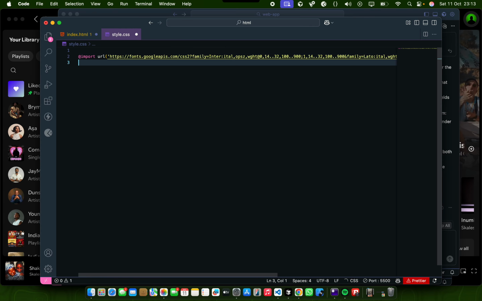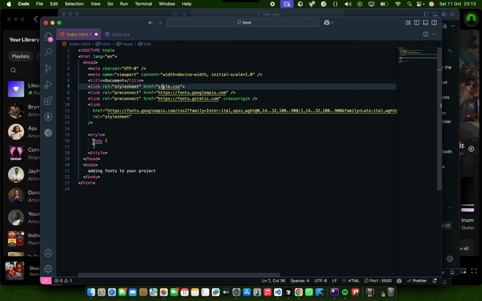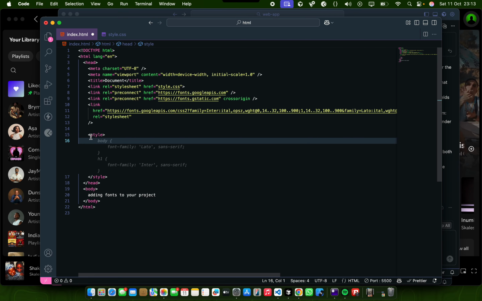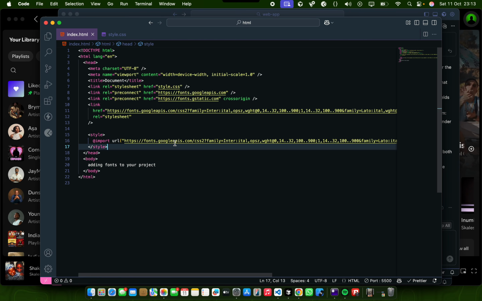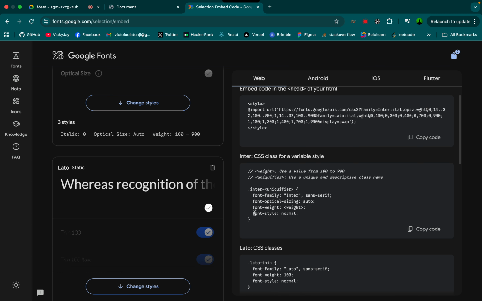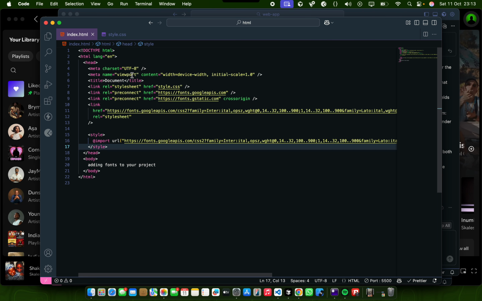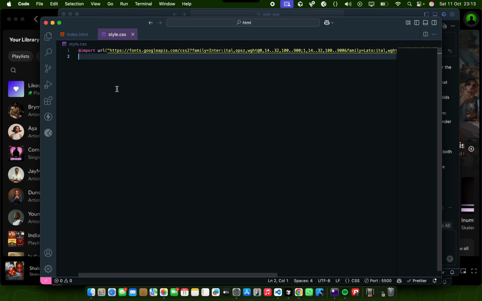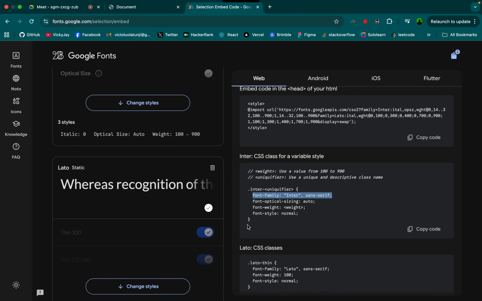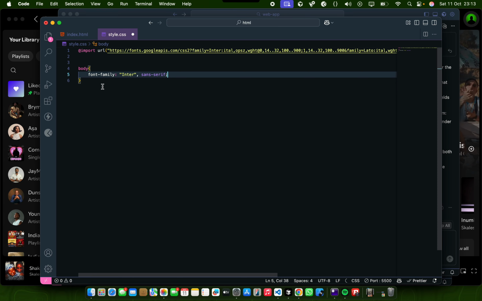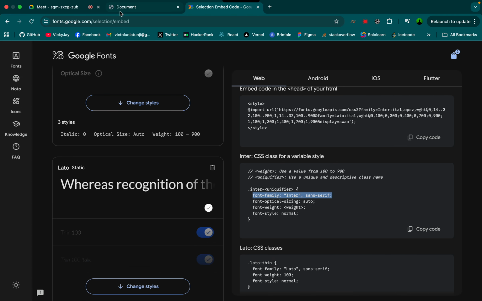And you can paste it directly in your HTML too. You just paste inside this tag, it's going to work. For it to work, you have to add this font family to it. So you copy this font family and then you paste it there. You say body and then you paste it. Oh, I think I didn't copy that. So paste it and then your font family, Inter. If you come back here, you see